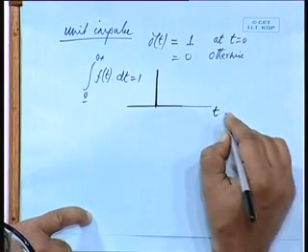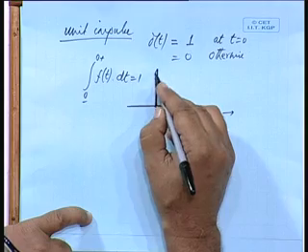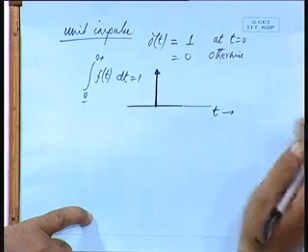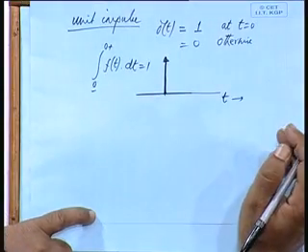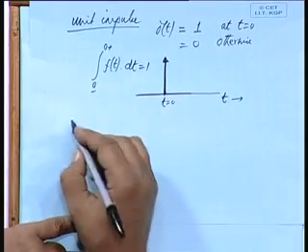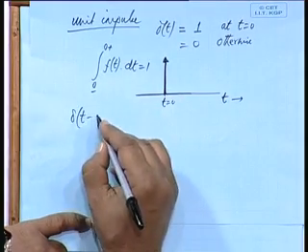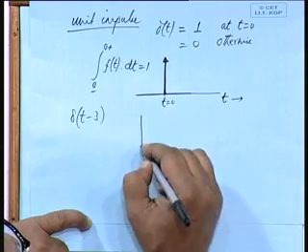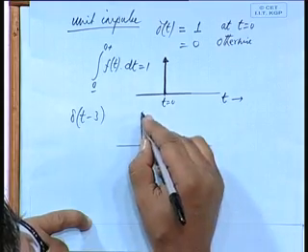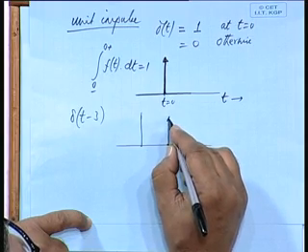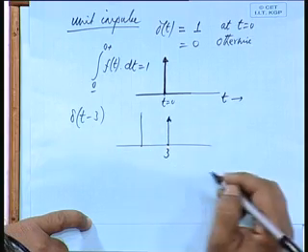This is time t and this is the function. We normally show it by an arrow and a vertical line. Impulse appears at this moment t equal to 0. So, delta t minus 3 represents what? This is a shifted version of the same impulse, that is at t equal to 3